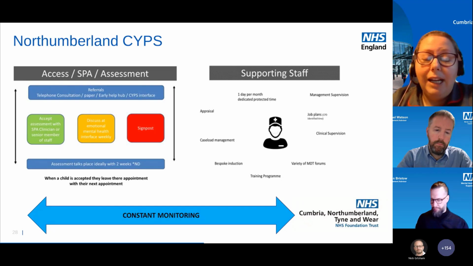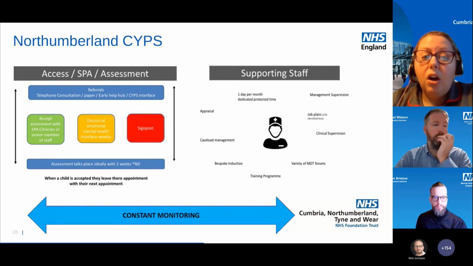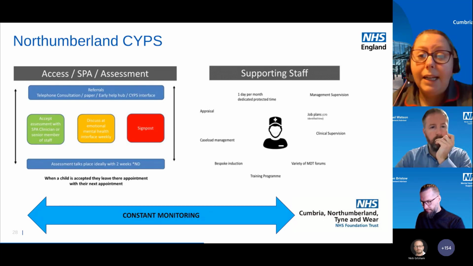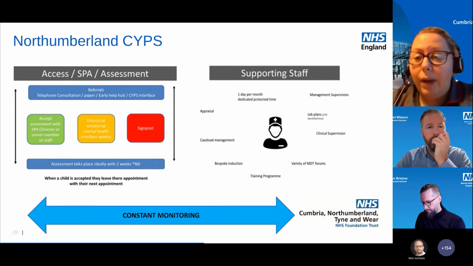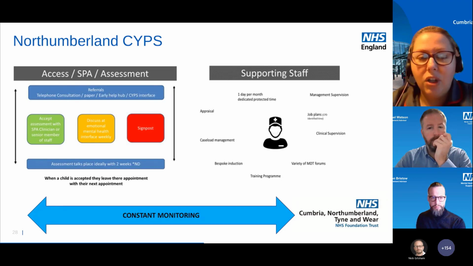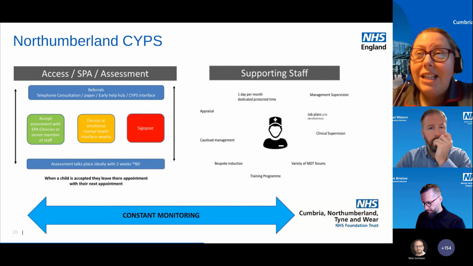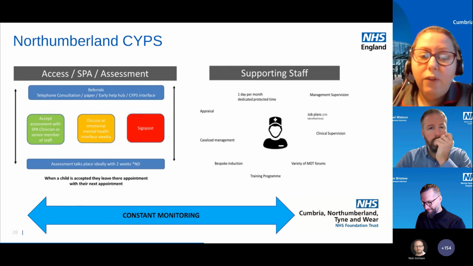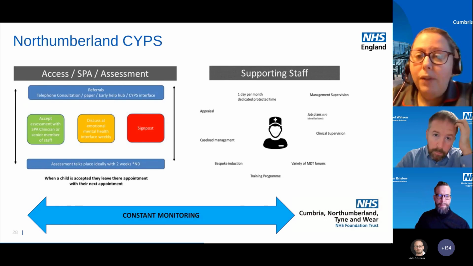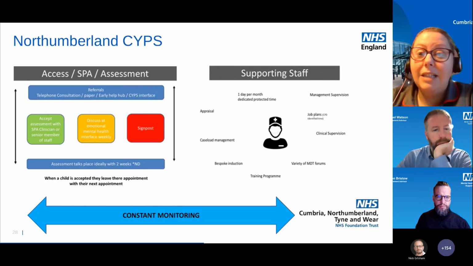As I've already mentioned, a really robust emotional mental health interface meeting with all agencies, and then that ability to signpost. Across our service now, the mental health pathway and the learning disability pathway, we are achieving a 4-week wait to treatment. So that's 2 appointments, and our neurodevelopmental pathway is an average wait of 7 weeks for that assessment to start. Just going into the pandemic, we never thought we would hit a pandemic in the middle of this process. We were achieving 4 weeks across all pathways, but I know there's significant demand around those assessments, particularly autism and ADHD, across the country.